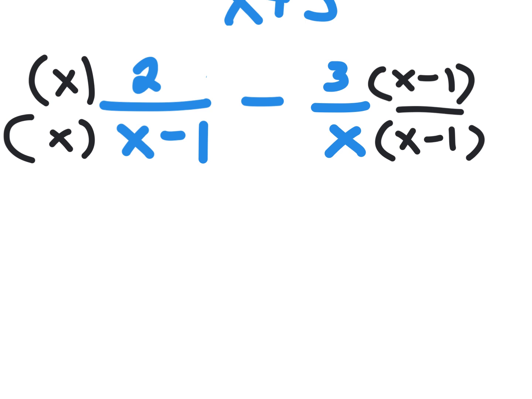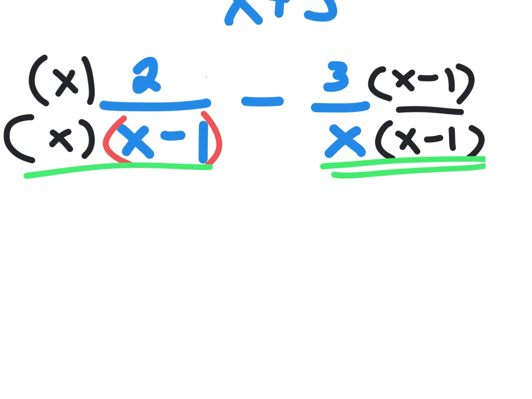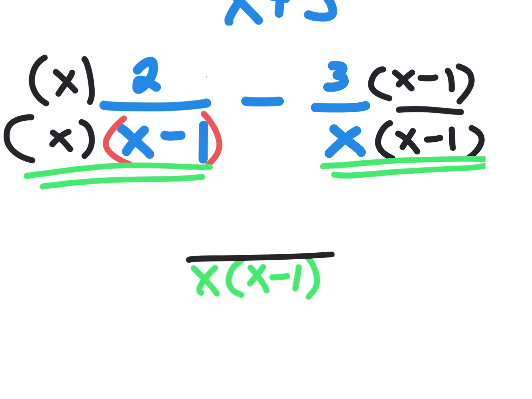Now I'm going to go put in some what are called implied parentheses. Those are really important. You should know that they're there. They're implied. Okay, so now we look and make sure we did it right before we even proceed. Is that the same as that? Yep, so we have a common denominator, and it is x times x minus 1. Now you could multiply that out, but I think it's better to just leave it alone because at the end of the problem, if you can factor it, you should. Okay, next, that's 2x